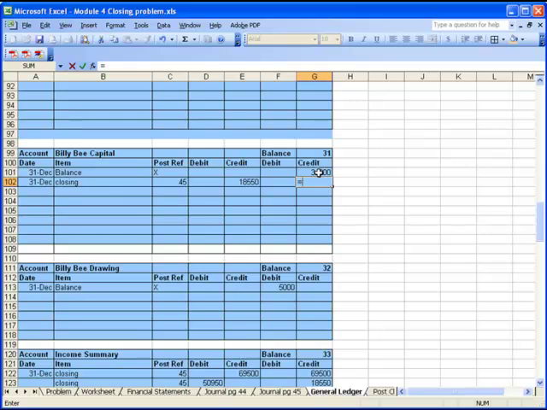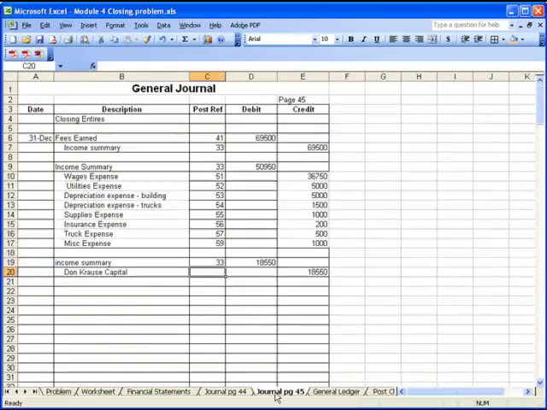Let's do it the easy way here. That's the wrong formula. Here we go. Makes our balance $52,750 in our capital account. Now, we post that information. That's account number 31. And the final and fourth step of our closing process is to zero out the drawing